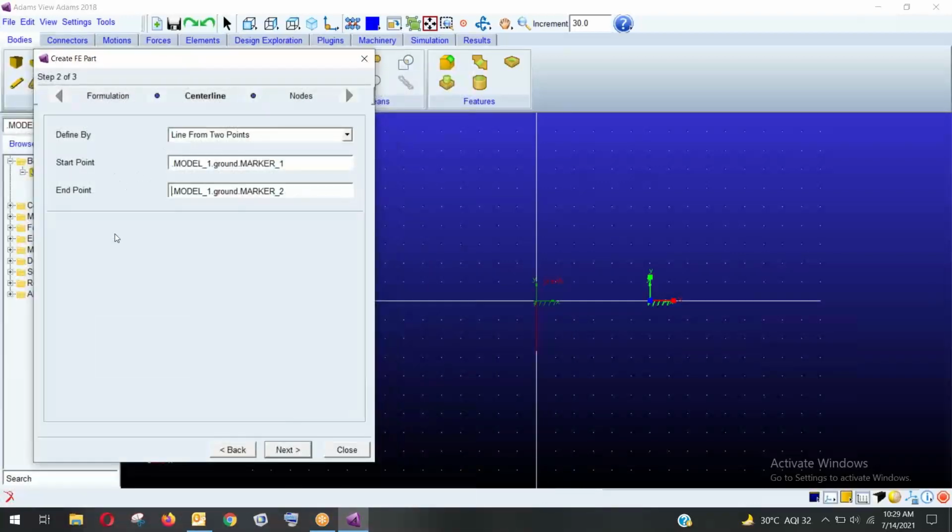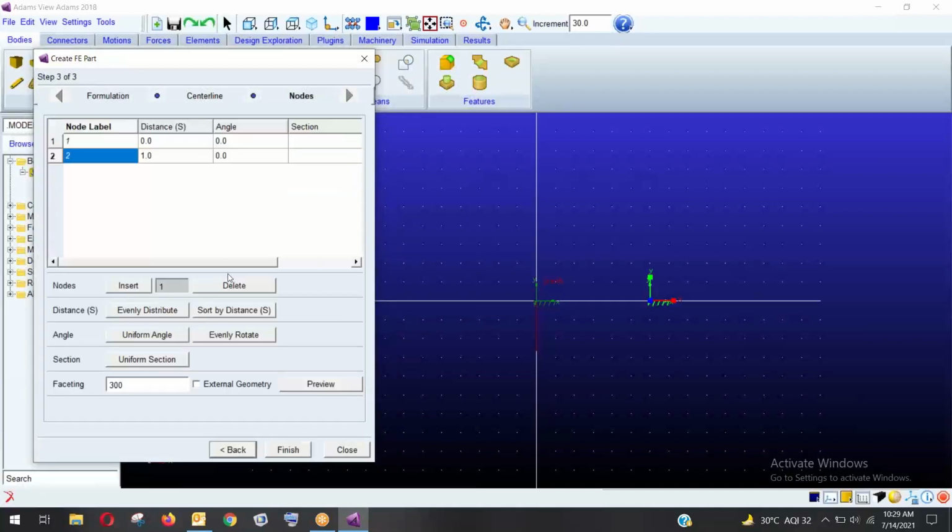We have selected the start point and the end point. Then we go to next. Then it's asking for the nodes, the distance, angle, section. We can create our nodes. If I want to put load at a particular 1 point or 2 points, we can create some nodes. We'll insert 20 nodes. We'll choose 20 nodes from 0 to 1 centimeter. Distance is in centimeters, so I'll